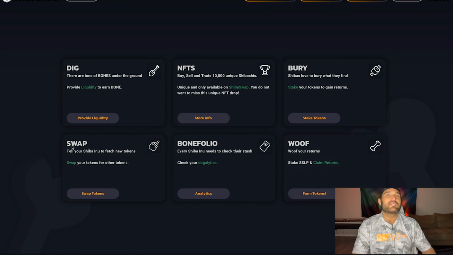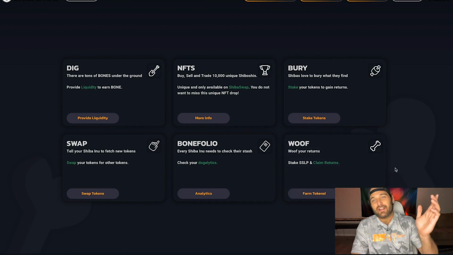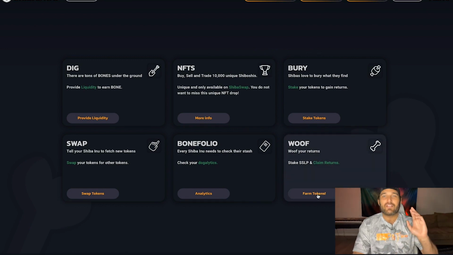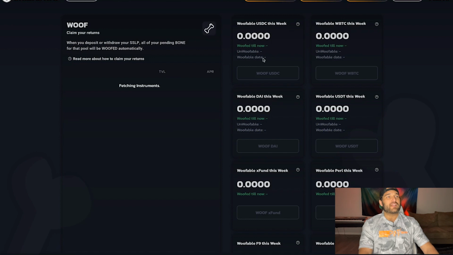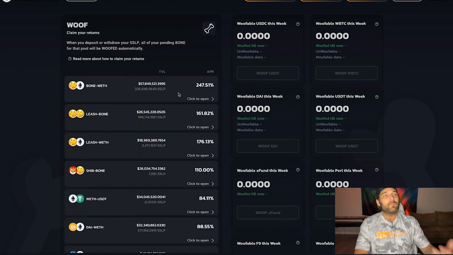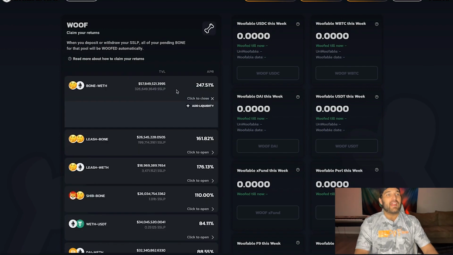I couldn't get rewards. So what I did, and you can check out my other video, guys, there's a lot of information there on what I actually did initially and how I got into it, but we're going to click on Farm here. This is the Woof section. So you get LP and you stake it. And this has always had an issue for me. It doesn't load. I don't see my rewards as much,